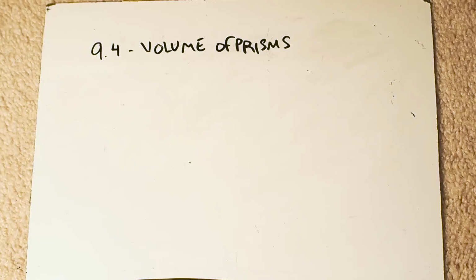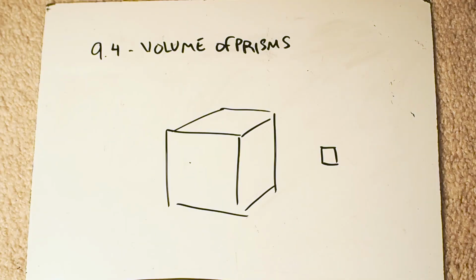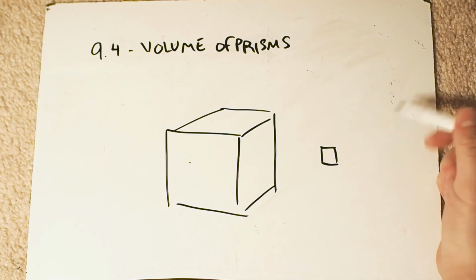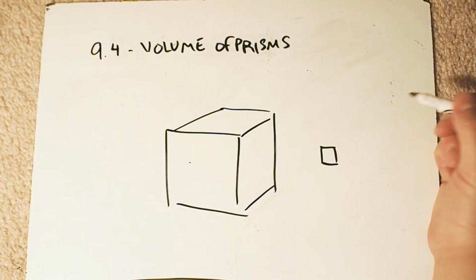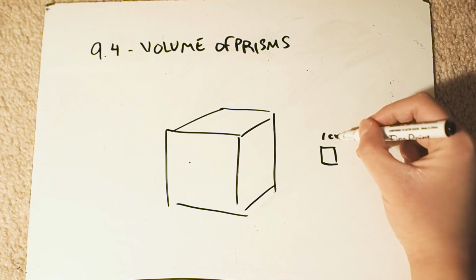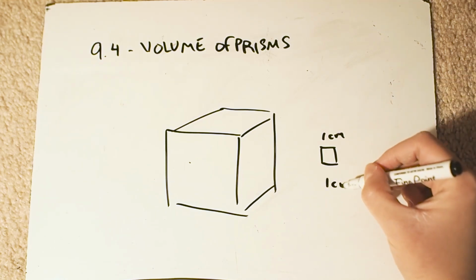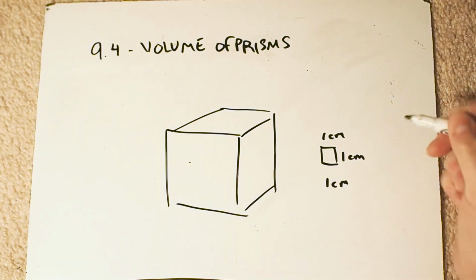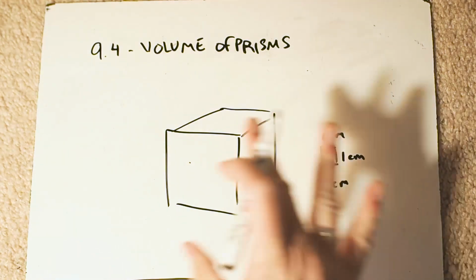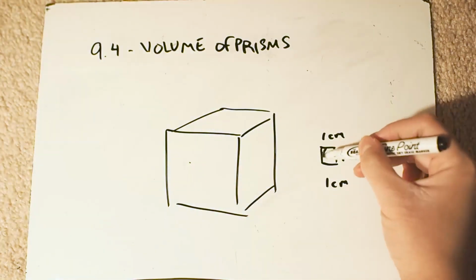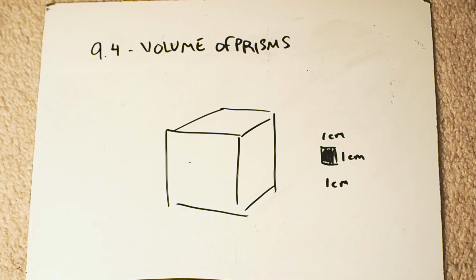Today we're going to be talking about the volume of prisms. We've already talked about surface area, meaning that if we had lots and lots of little squares, let's say in this case we're using centimeters, that were 1 centimeter tall and 1 centimeter wide, and I covered that entire prism shape in those squares, it would take a certain number of them to make the surface